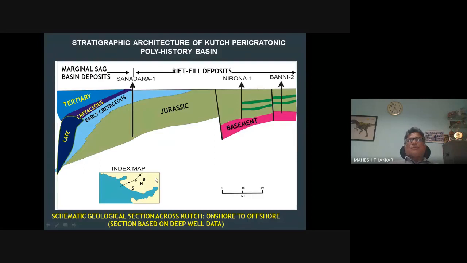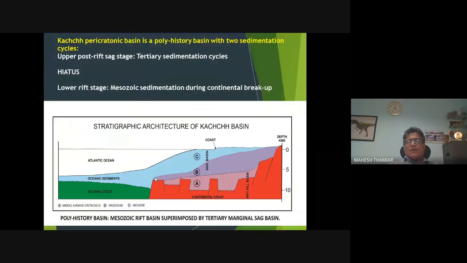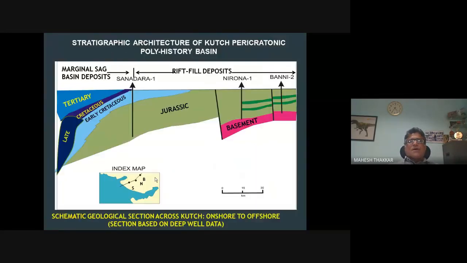Okay, so this is all together here, and this is with respect to the Kachchh Basin. This was earlier the overall ideal picture of the marginal sag basin systems, but here, with respect to Kachchh, one can now understand how the basement is fractured, where the Jurassic rift system is deposited as rift-filled deposits, and the marginal sag basin deposits where we have early Cretaceous to Tertiary systems. So this is also